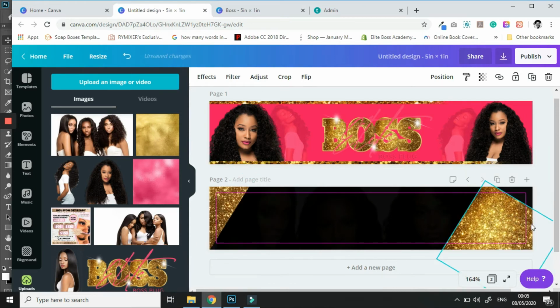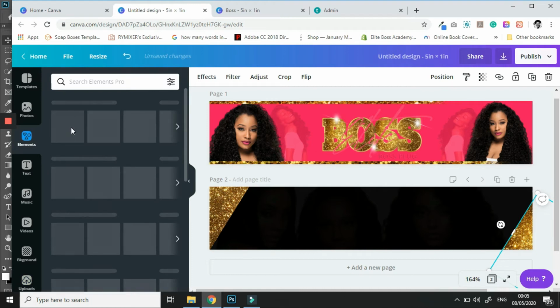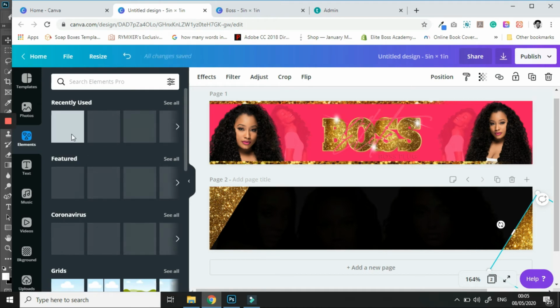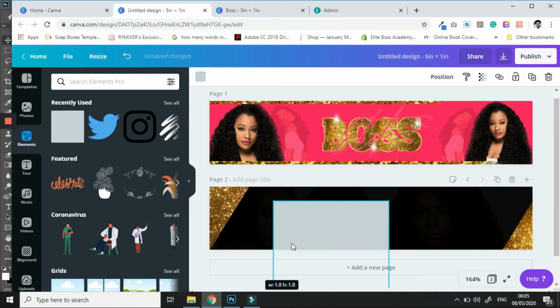We're going to duplicate, and we are going to move over to that side. Then we're going to go into our MS file, and we are going to pull out a square. We're going to resize it,